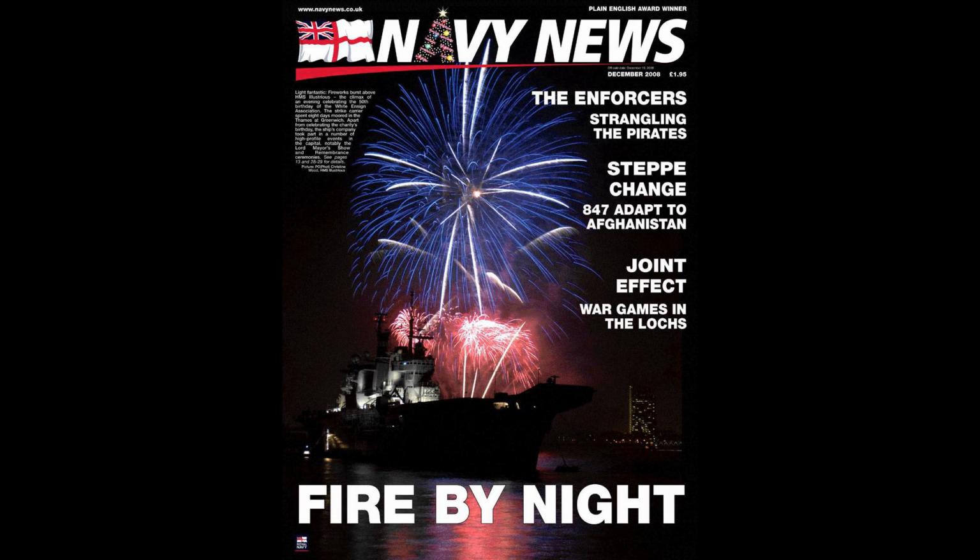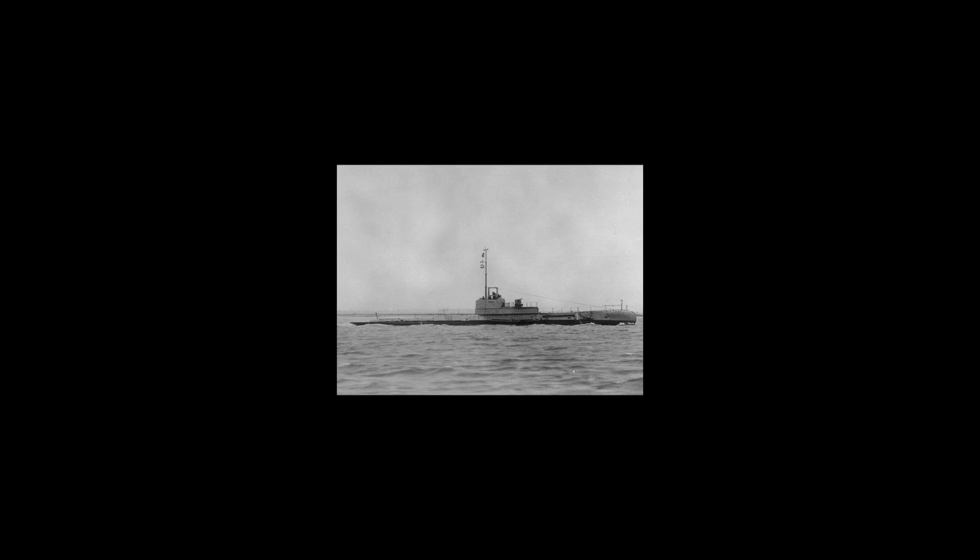Powered by twin 2,500 horsepower, 1,900 kilowatts, diesel engines, and twin 1,450 horsepower, 1,080 kilowatts, electric motors, the submarine was capable of achieving 15.5 knots, 28.7 kilometers per hour, 17.8 miles per hour, while surfaced, and 9 knots, 17 kilometers per hour, 10 miles per hour, submerged. She had a range of 4,500 nautical miles, 8,300 kilometers, 5,200 miles, at 11 knots, 20 kilometers per hour, 13 miles per hour, surfaced, and could submerge 300 feet, 91